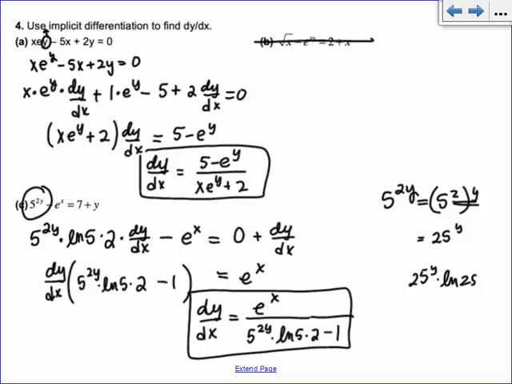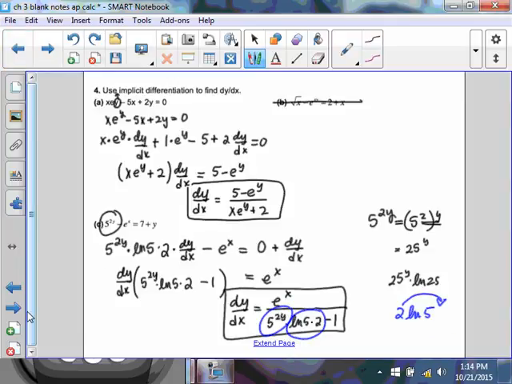Do we have that in this problem? Like in our solution, is that kind of there? Yeah, do you guys see the natural log of 5 times 2? If you have 2 times natural log of 5, isn't that just, bring it up as a power, natural log of 5 squared? So that's there, that's natural log of 25. And then this is still 25 to the y. So see all the different forms that they could write it in. That's what's so frustrating about the multiple choice on the AP Calc exam, because they make it hard. They're tricky. All right. So